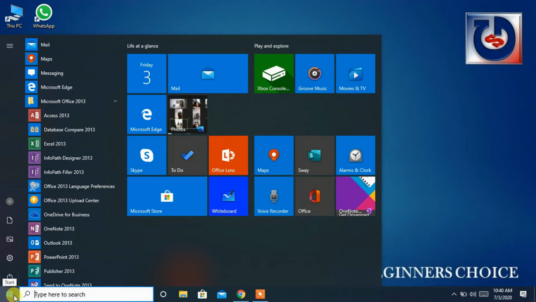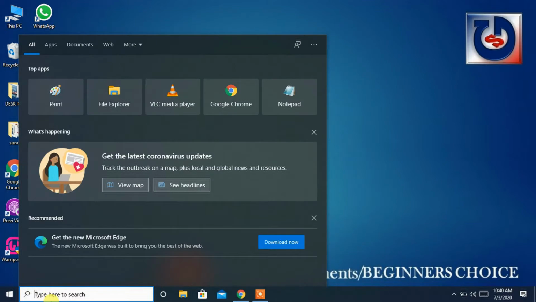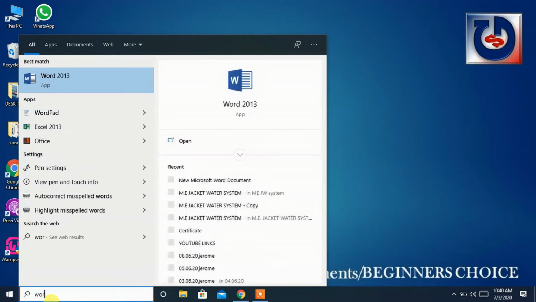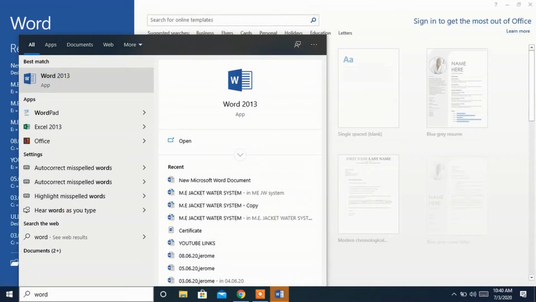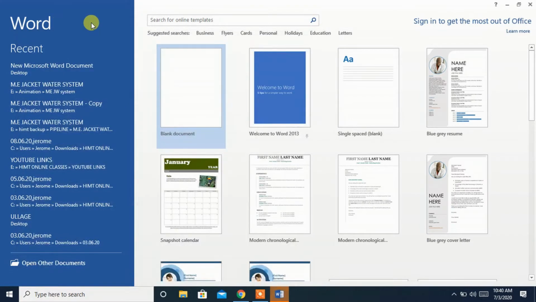We can easily open this application by just typing Word in the search bar. You can see Word 2013. It is the application. Just click that. You will get Microsoft Office Word ready on your screen.